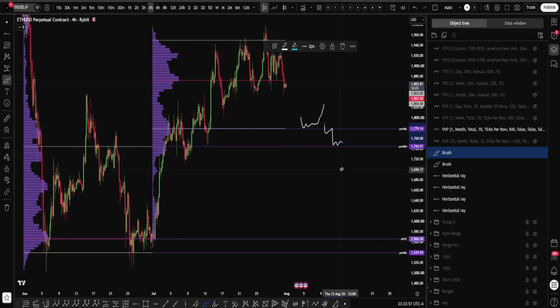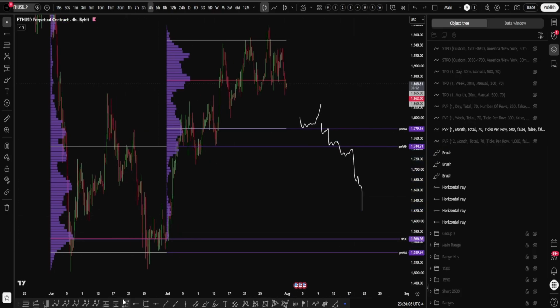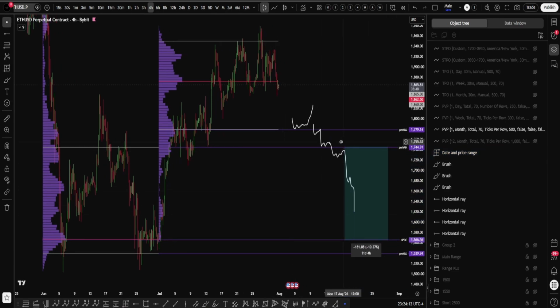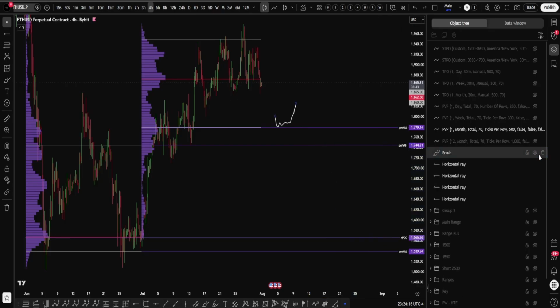Because remember, if you lose this very important support, you're likely to fall straight down to the POC and the value below of this profile after you've gotten acceptance to it, right? So there's a potential 10% move to be made here if this does happen, right? So we'll go ahead and